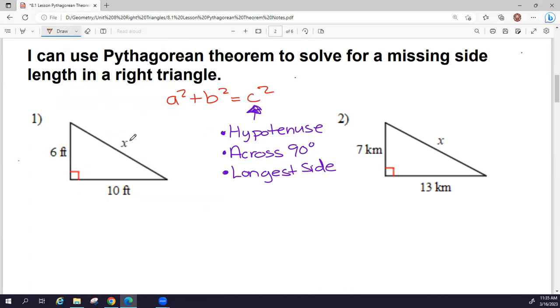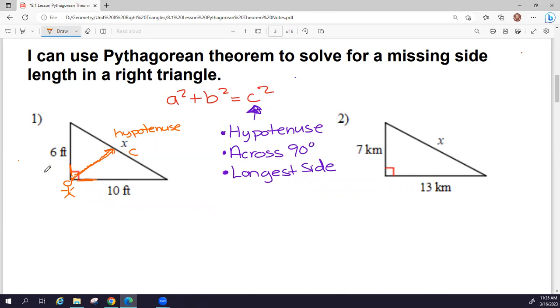The first thing I want to establish is which one of these sides is the hypotenuse. So the hypotenuse is the longest. It's across from the 90. So if I were standing here at the 90-degree angle and I were to walk across the triangle, through the triangle, I'm taking a walk, I would end up over here. I wouldn't have to walk across this triangle to get to this side or this side. I'd have to walk across the triangle to get to this side. This is my hypotenuse. And so what I would recommend you do is label this with the letter C.